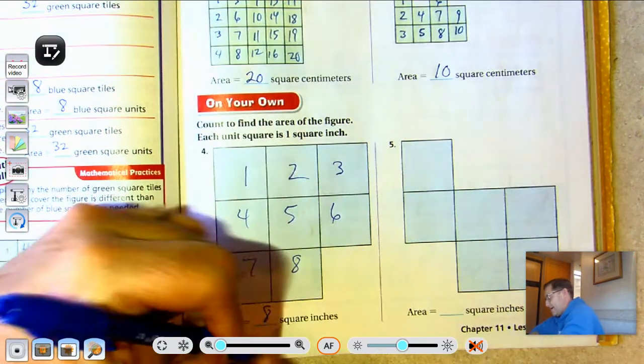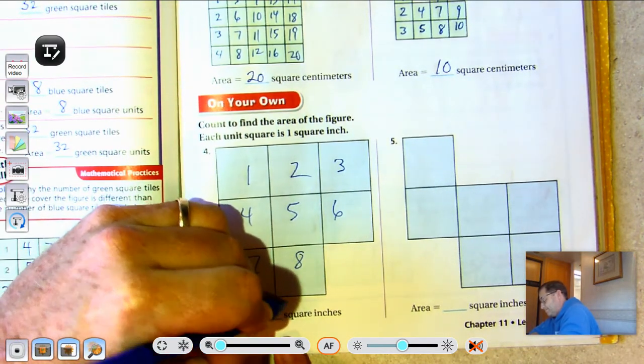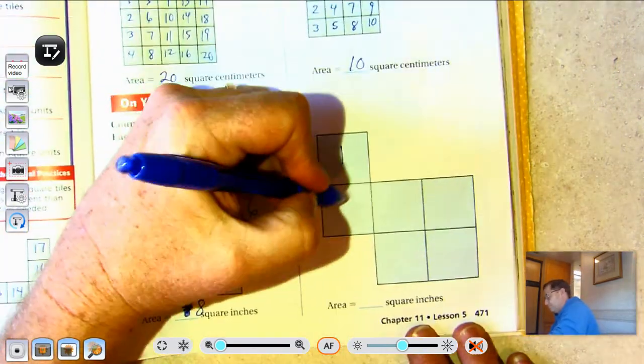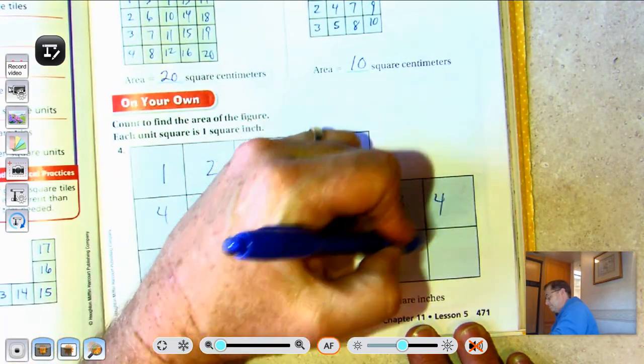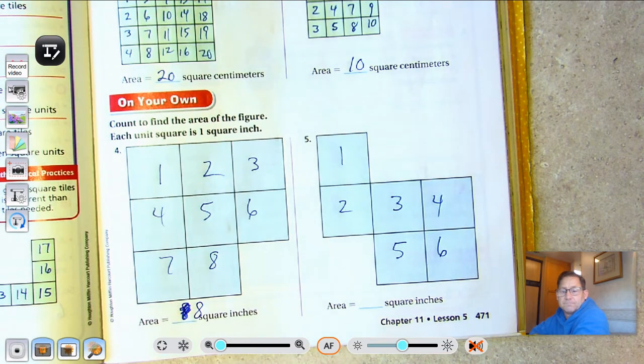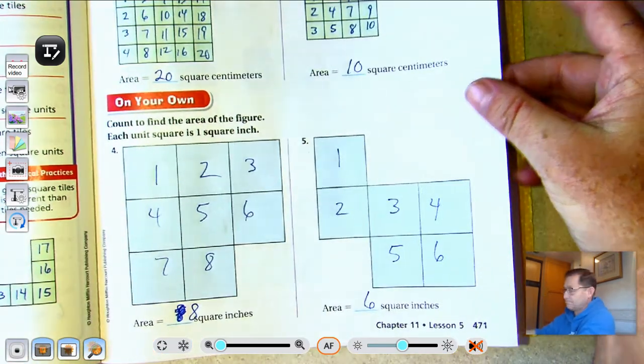So 8 square inches. 5, 6 square inches. Number 6,